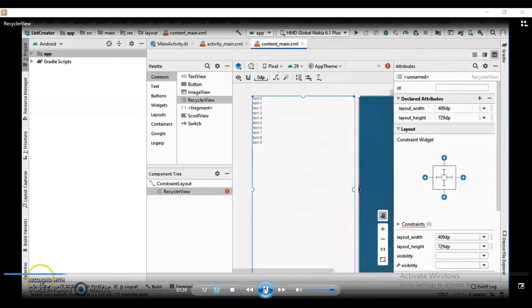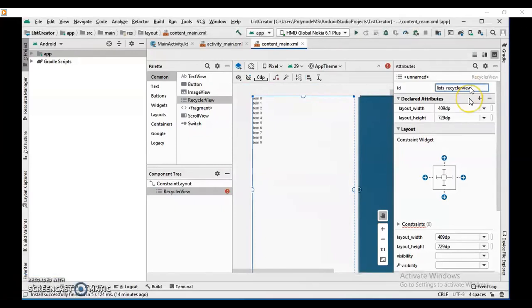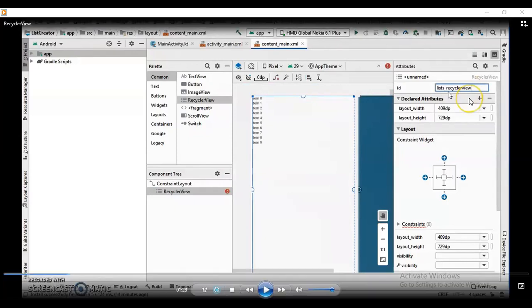The ID that has been assigned here is list underscore recycler view. That ID will be used to access the recycler view inside our Kotlin code, or anywhere we want, we can access this recycler view using this identifier.